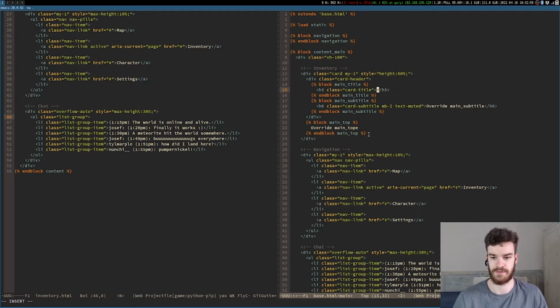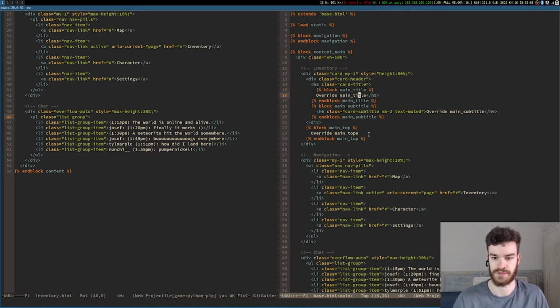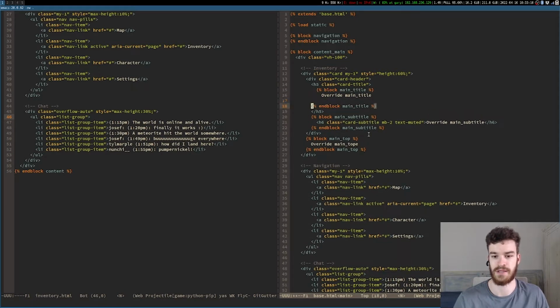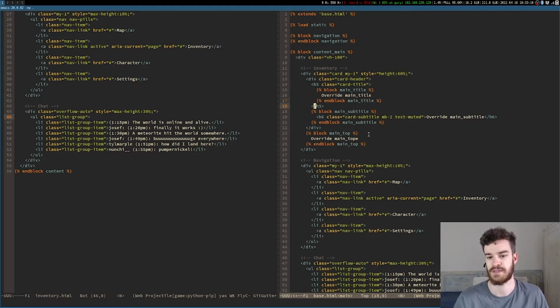And here we have essentially override main title. And I want to put the blocks here because then I just need to override text, and